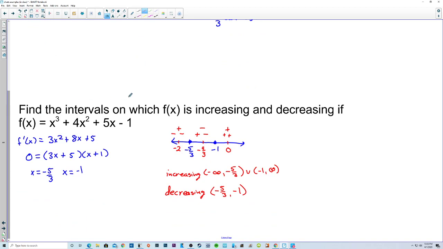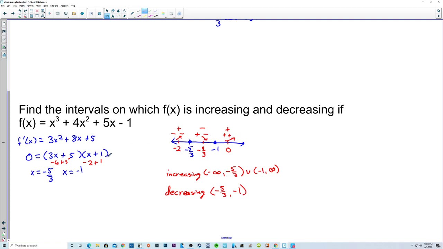Find the intervals on which f of x is increasing and decreasing if f of x equals this function. So we're going to take the derivative and set it equal to 0. We get negative 5/3 and negative 1. And then we test in between. Now you plug negative 2 into the derivative. So negative 6 plus 5, that's a negative. Negative 2 plus 1, that's also negative. So this function is increasing from negative infinity to negative 5/3, decreasing from negative 5/3 to negative 1, and then